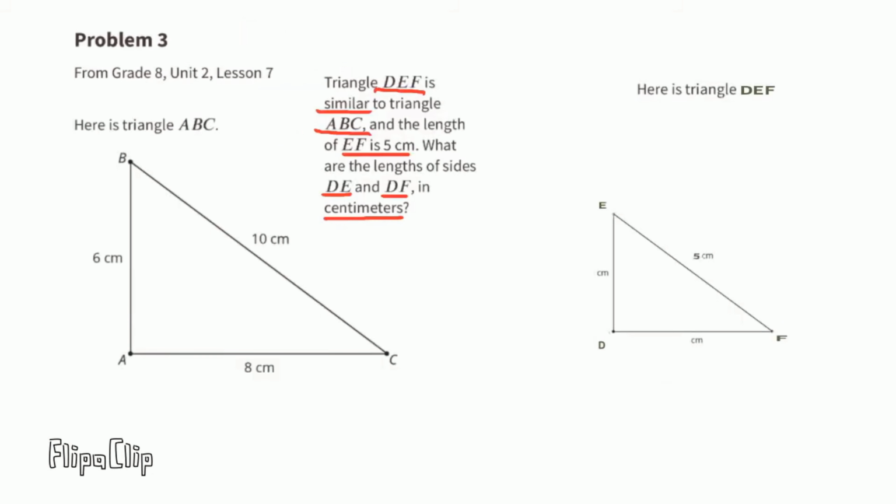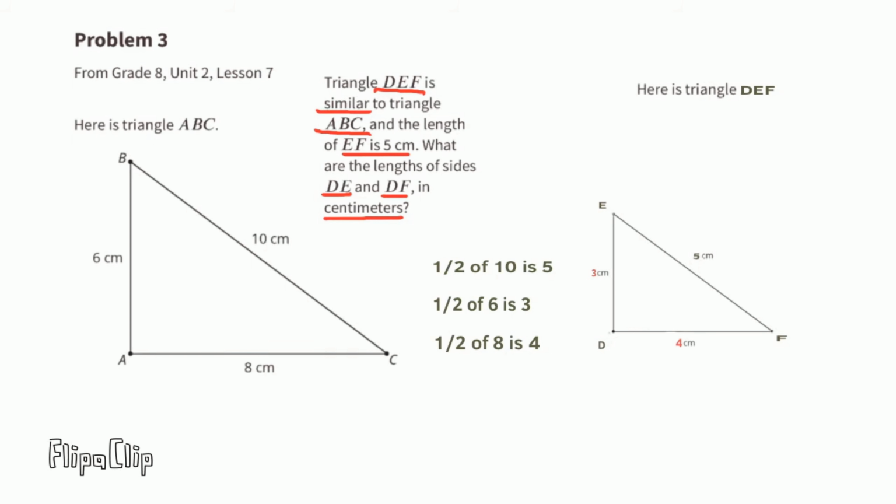I've put the similar triangle DEF on the right-hand side, and you can see that side EF is labeled as 5 centimeters. 5 centimeters is half of 10 centimeters, which is the length of the corresponding line BC on triangle ABC. That tells me that all the corresponding sides for triangle DEF will be half the length of their corresponding